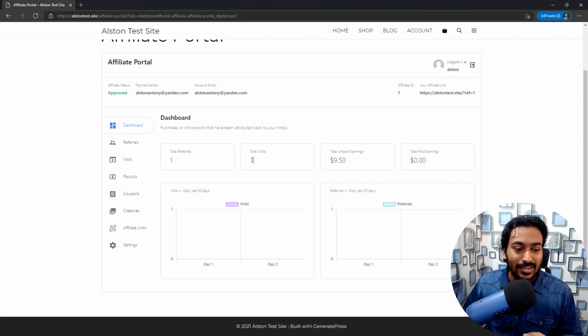It's not going to work like that. You will be having more visits compared to referrals. And you can see what the total unpaid earning is. The cost is calculated correctly. I would advise you to calculate the percentage based on that, and you would see that it matches the commission which I earned. And if I go into the referrals, now I will see the referral data.